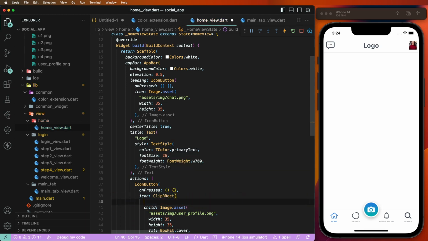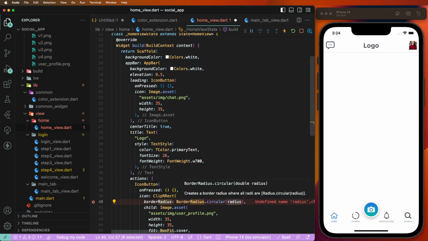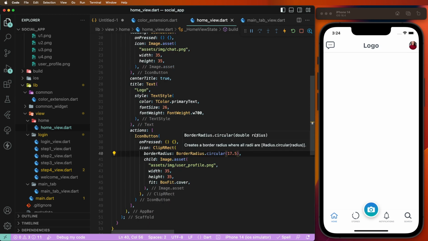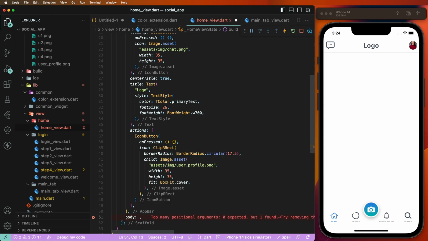Here we need to set the border radius as a circular border radius of 17.5. Need to set this value here, and now need to create the circle avatar. That is created, and now we need to create the body of the scaffold. Want to write down the body, and first of all we need to create the